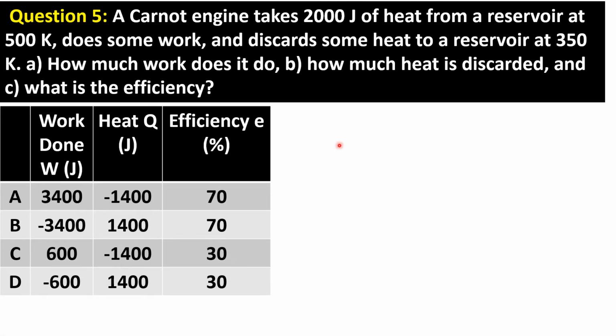So you're given the following choices. The amount of work done, the amount of heat, or big Q, absorbed or discarded, and of course the efficiency, are all given for letter A, B, C, and D choices. So which among these options gives the correct values for the work done, for the heat Q, and for the efficiency? So our solution,